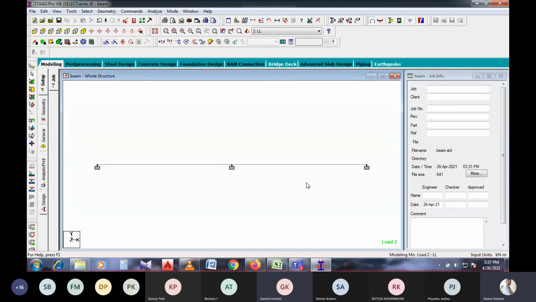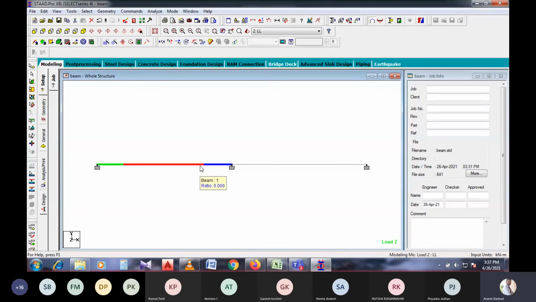The difference between StatPro and ETAP is, while analyzing in StatPro, you can even analyze a particular beam separately. What we have done here is we have analyzed only two beams, without any structure connected to them. In ETAP, you won't be able to calculate like this.